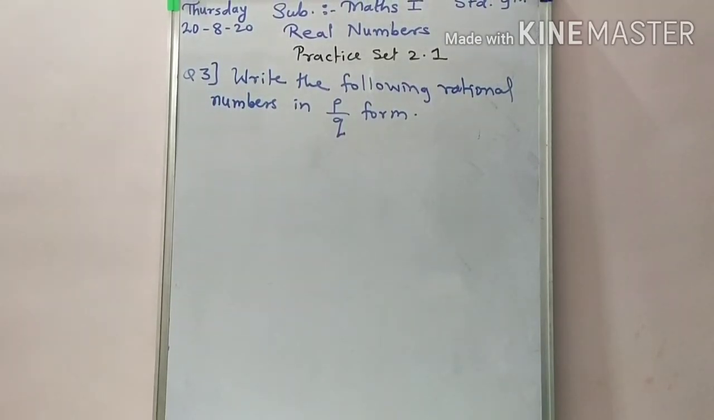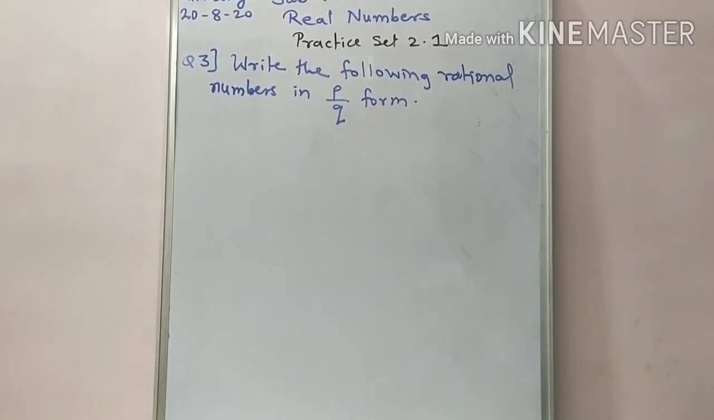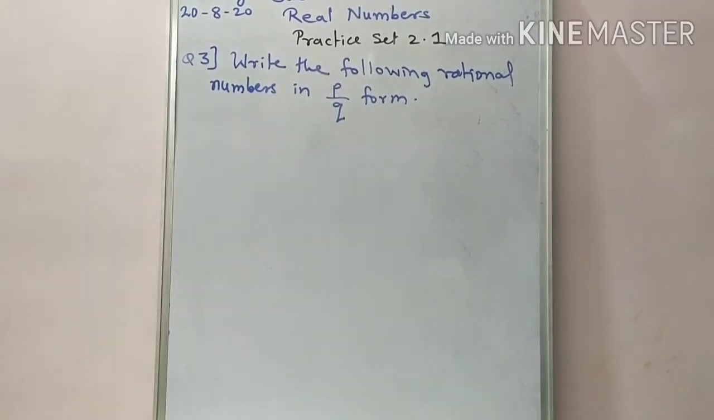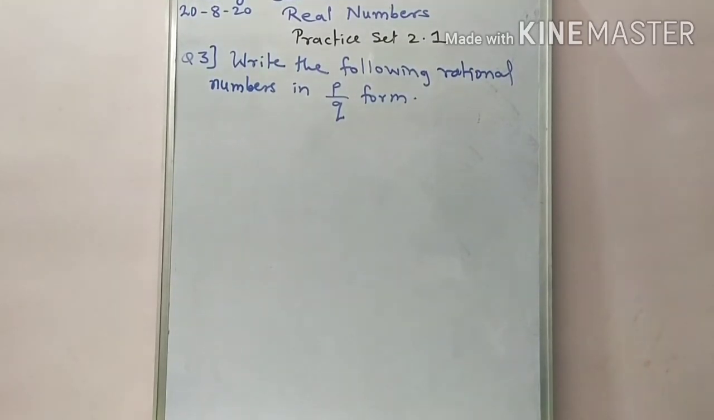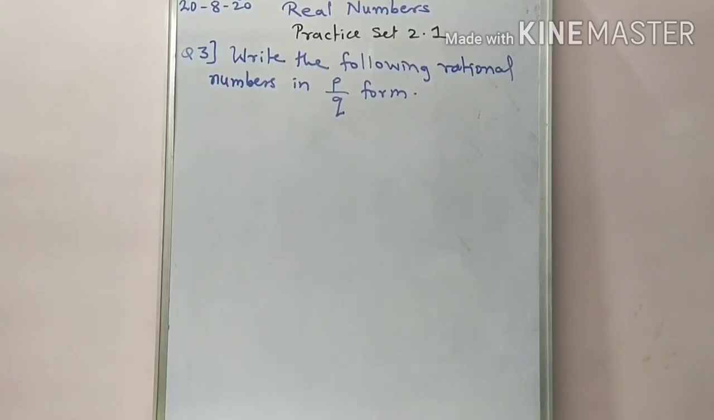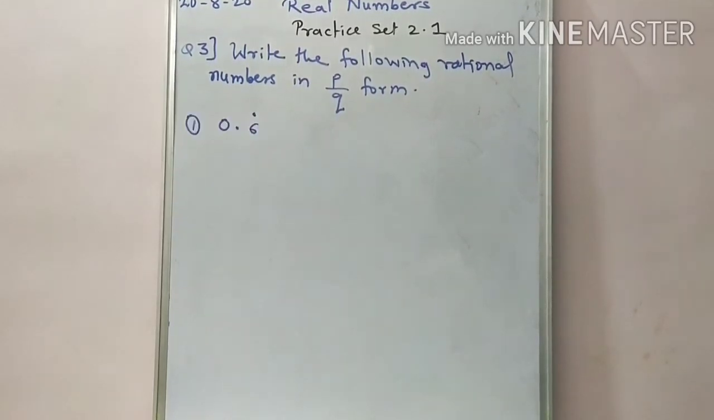Just you have to write the given rational numbers in decimal form. So do that division and write down its decimal form. Okay students, now we try the third question. Write the following rational numbers in P upon Q form. Means you are given that rational number in decimal form,